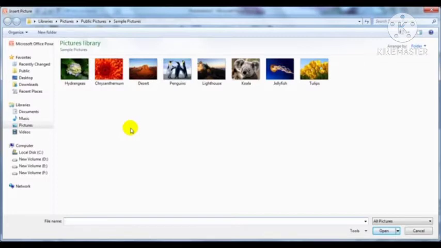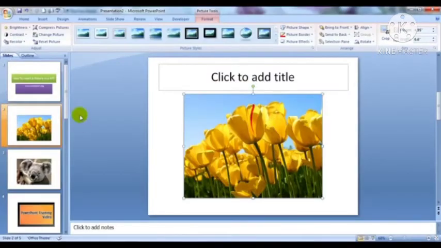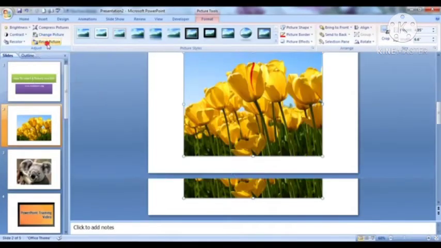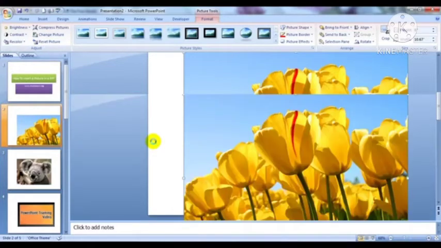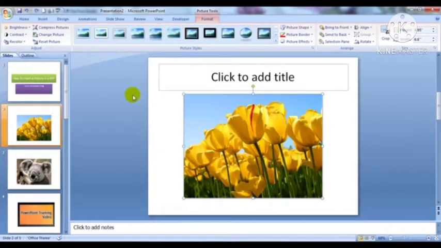Once the picture is inserted, we can change its size or position. If we click on the picture, the Picture Tools tab appears. There are different options available on the ribbon to adjust the picture: change the picture's style, arrange the picture on the screen and resize it.